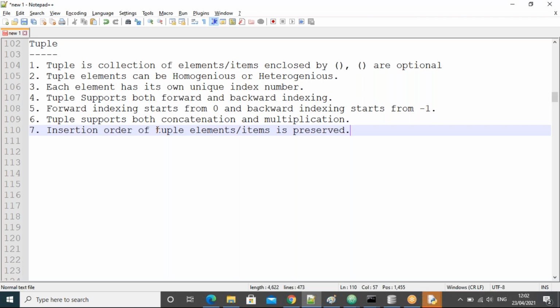The order will not change, guys. The position of the elements is always the same. They will not change. Okay.